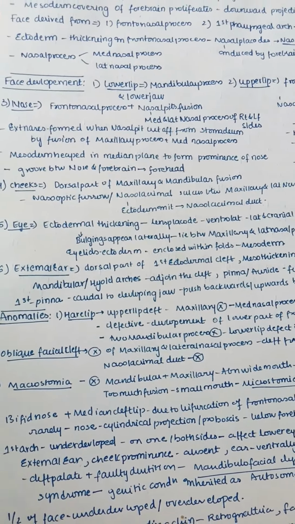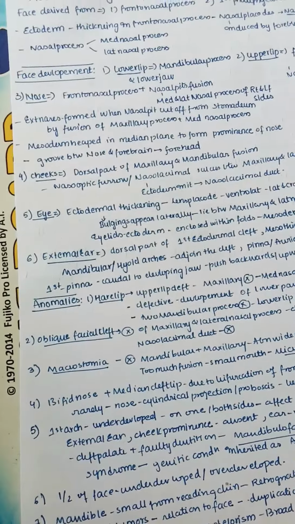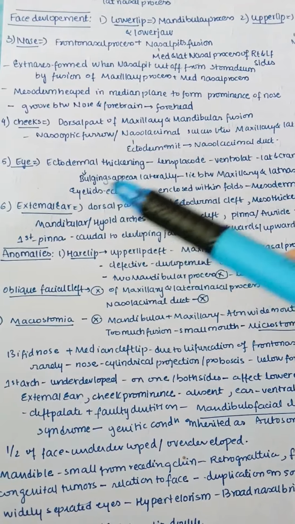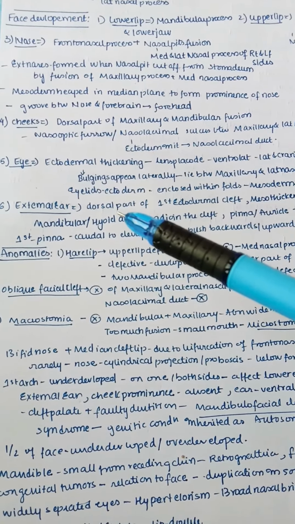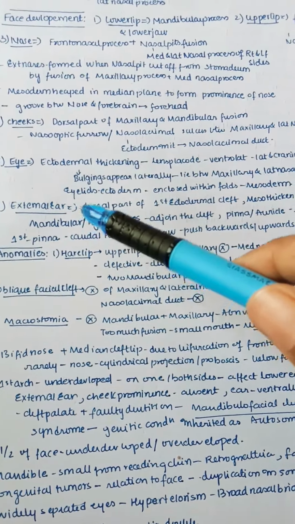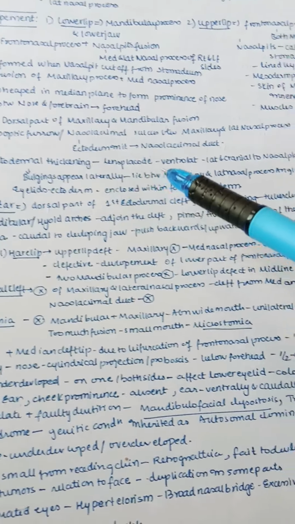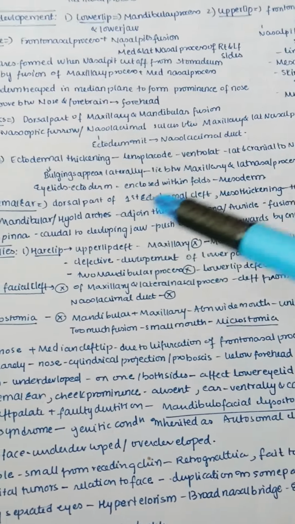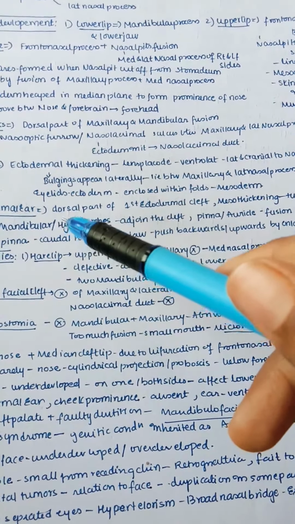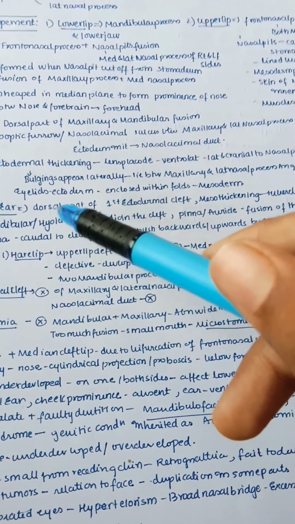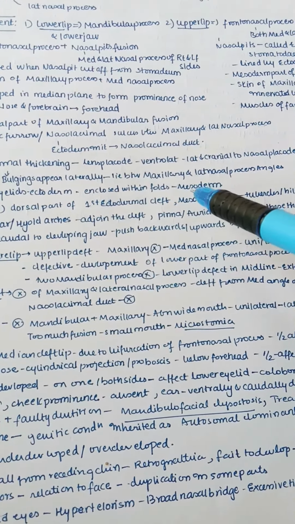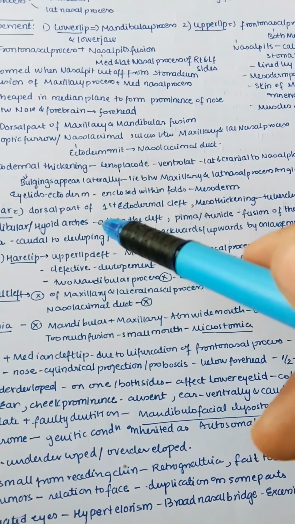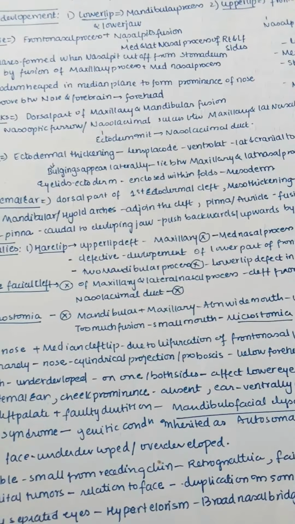Next, let us see how the eye is formed. Actually, we will discuss eye and ear embryology in detail; we already discussed it in our video. Here we'll just see it according to the phase of development. The eye is an ectodermal thickening. It has a lens placode, right? It's located ventrolaterally and also lateral and cranial to the nasal placode. This ectodermal thickening also has bulgings appearing more laterally, and they lie between the angles of the maxillary and lateral nasal processes. And next, eyelids. Eyelids are also ectodermal and are enclosed within folds. In their folds they have mesoderm.